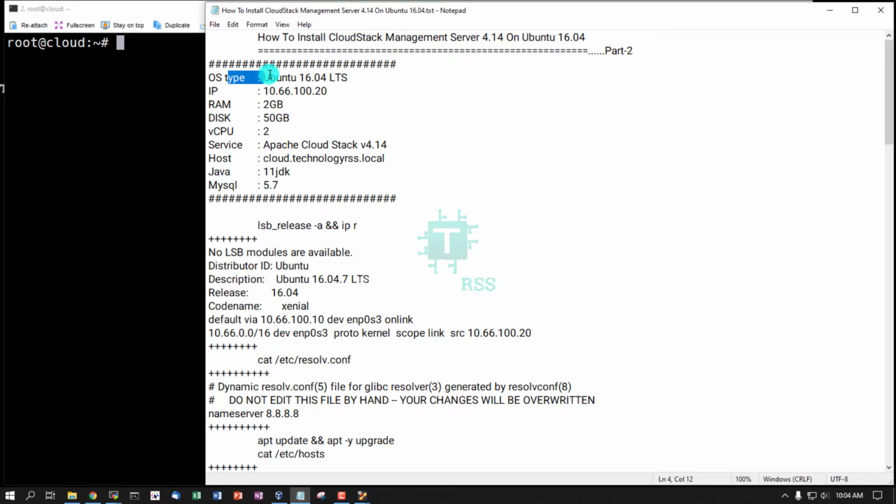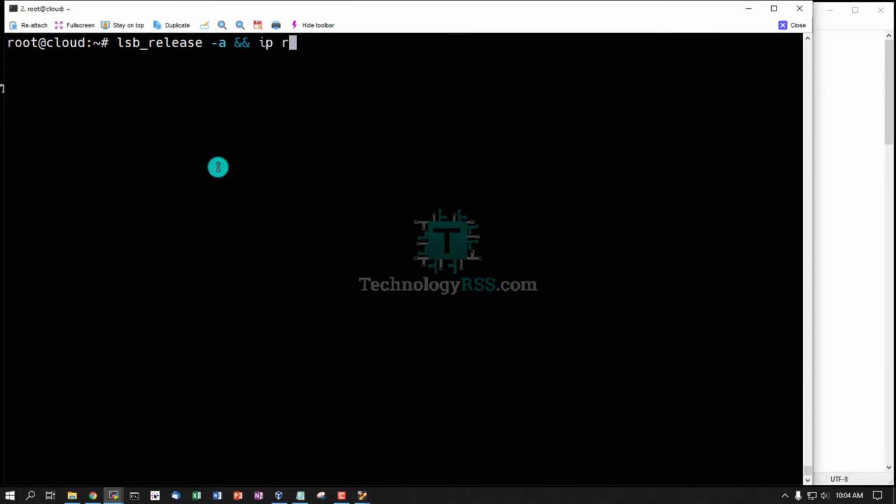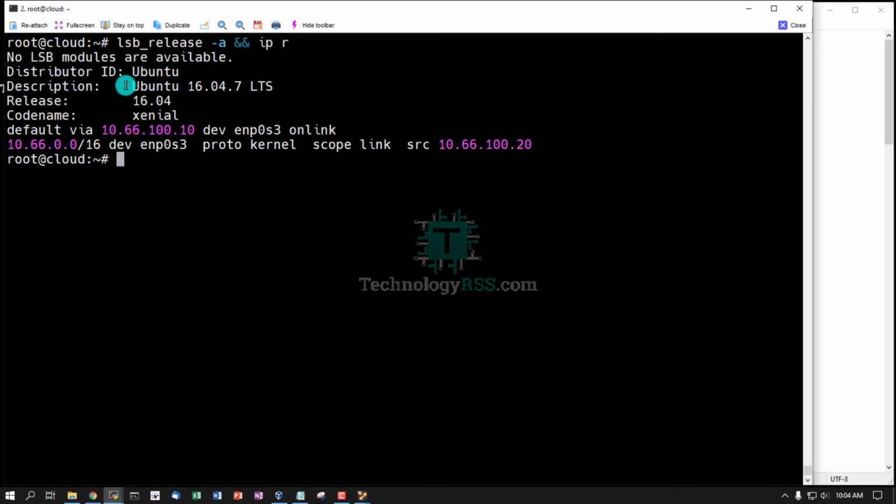Operating system type Ubuntu 16.04, IP address, RAM 2GB, disk 50GB, virtual CPU, to service Apache CloudStack version 4.14, host name, Java 11 JDK, MySQL 5.7. Now check server version Ubuntu 16.04 and IP address,